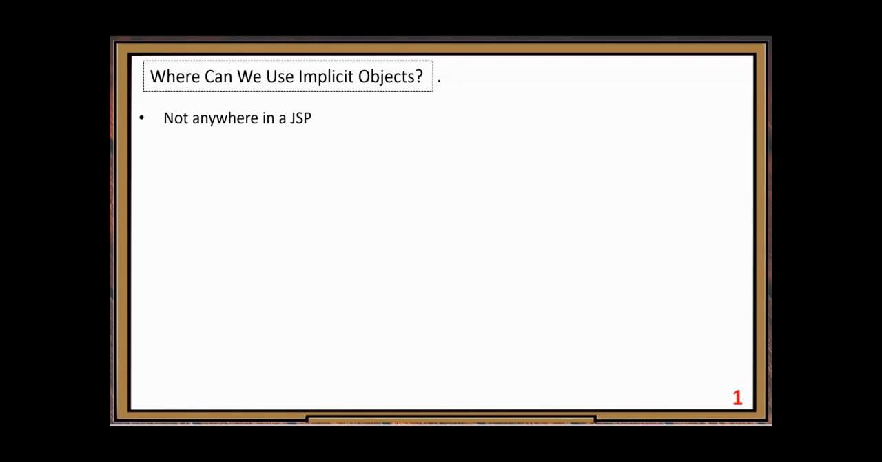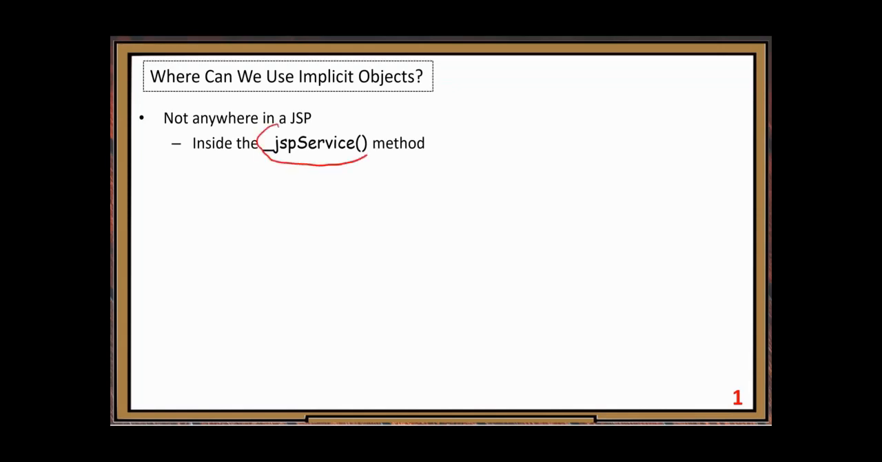So inside JSP, some places you can use implicit objects, but some places you cannot. So that's important. First, let's look at the places where we can put implicit objects, then we try to understand why that is. All right, now we need to get into this